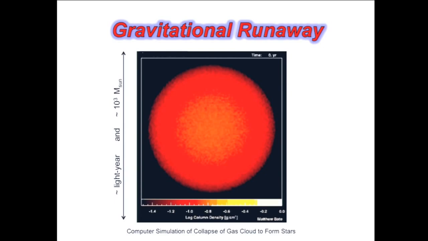Okay, so what I want to do now is show you a computer simulation of how this gravitational runaway process works. This is the same simulation that you saw in section. That's actually intentional. I think this really drives home a lot of the key ideas, so I want to show it again and give you a good feel of how this gravitational runaway process works. So this is a calculation on a computer where we solve the laws of physics as we know them for a big ball of gas that initially is about a few light years across, and the mass of this ball of gas initially is about 1,000 times the mass of our sun.